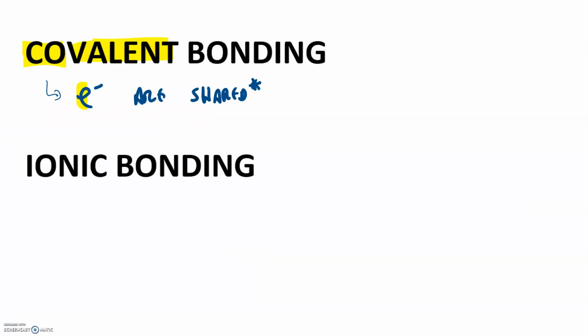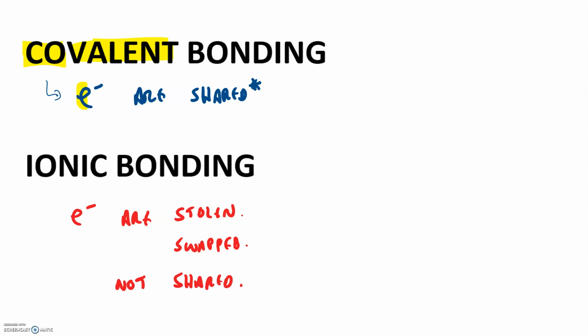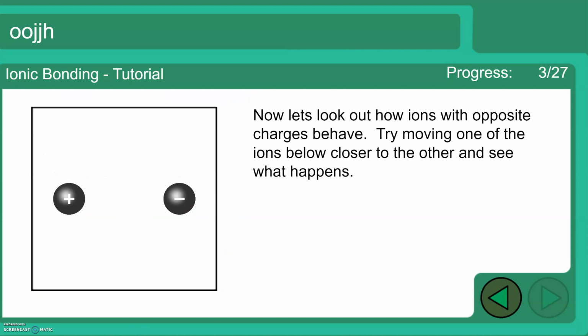In contrast, in ionic bonding, the electrons aren't shared at all. In fact, we might say that electrons are stolen. Or we might say that electrons are swapped. But they're not shared. One atom gets control of all the electrons. You might have seen this yesterday in one of the other web quests. One of the first steps in this ionic bonding web quest was